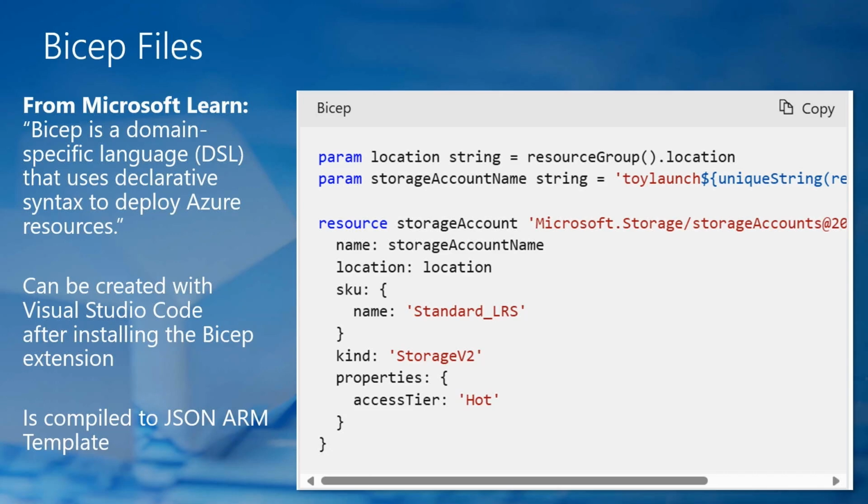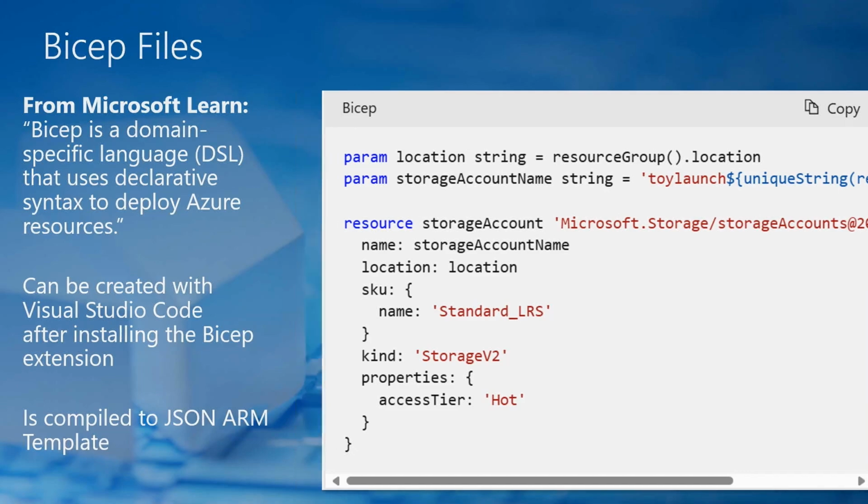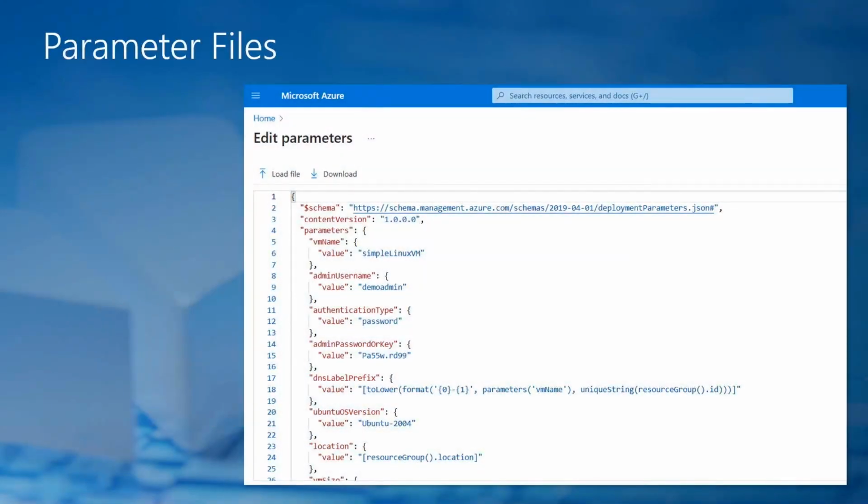Now, Microsoft has created an amazing language called Bicep. The idea of Bicep is they said, look, in using infrastructure as code,